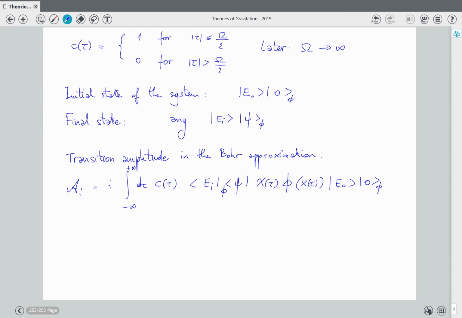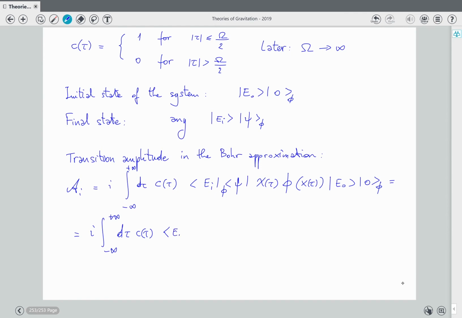Well, everything factorizes here because the interaction factorizes and the initial state and the final states factorize, so we can simplify this expression